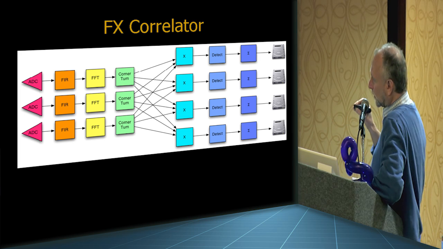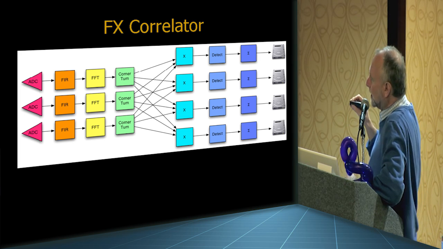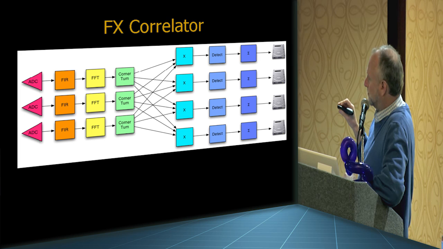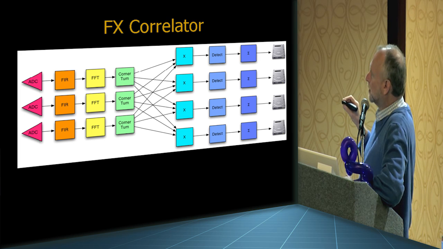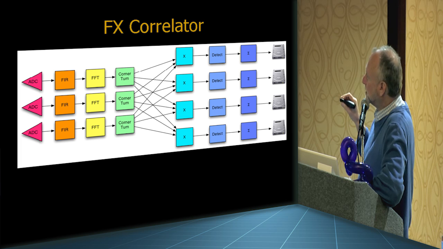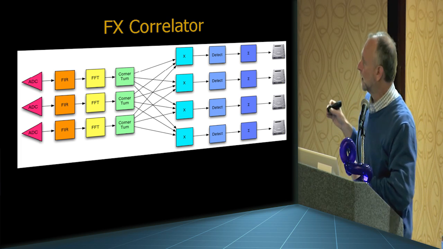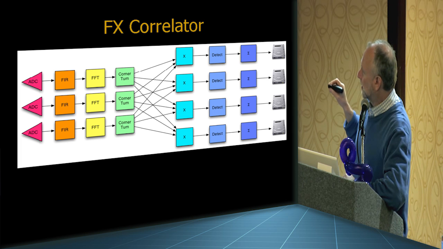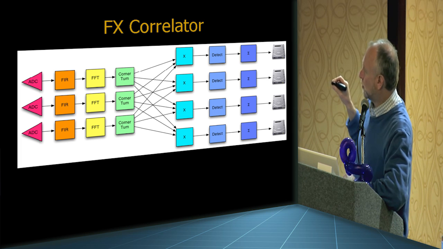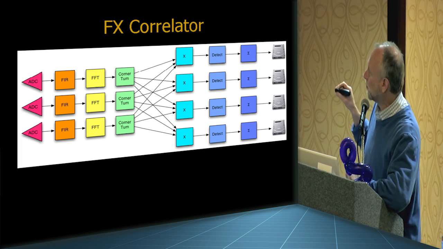So this is kind of a more general purpose architecture, called an FX correlator, that's a much more scalable architecture. The thing I just showed you is something you could get by with until you run out of space on the board, and then there's no way to scale it up. But this is a way we think that you can make really big correlators. It's called an FX correlator. F is the part where you break a wideband up into small frequency bands, and X is the part where you cross-correlate. Over here, you have what we call the F part of the correlator, and over here we have the X part of the correlator.